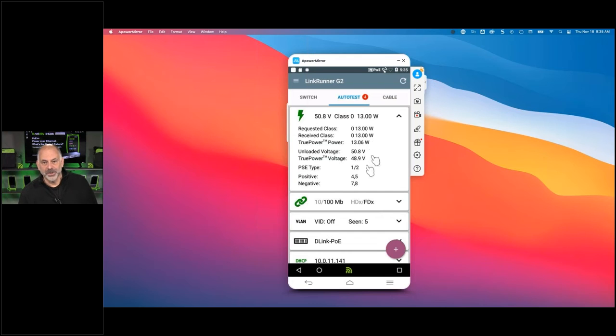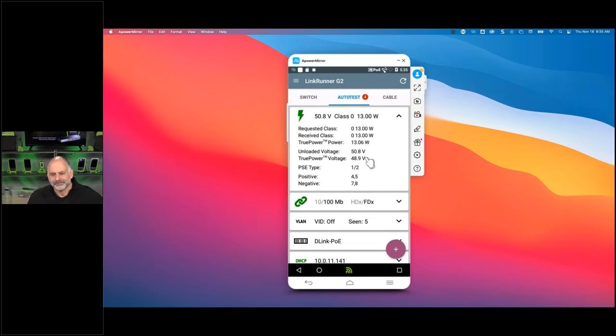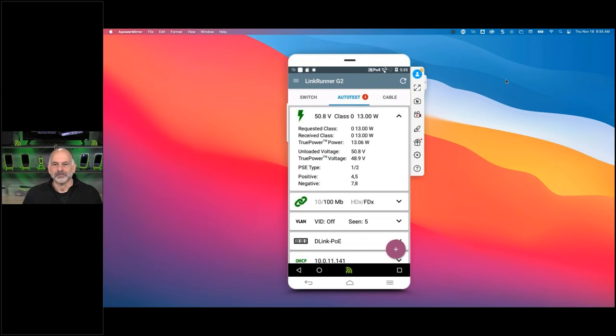So being able to go in and measure that. And we did a true power measurement on this, and we see that even passing through this device where it is being powered by PoE and it's forwarding PoE, we're still getting a pretty good voltage coming out of that. So out in the field, a true life D-Link example, is where we used an unmanaged switch. And with an unmanaged switch, there's no way to really check whether it's going to be mode A or mode B. And if you plug in a compatible but not compliant device, it wouldn't power on at all. And it just turned out that the device was mode B, where it should be mode A and B in order to be